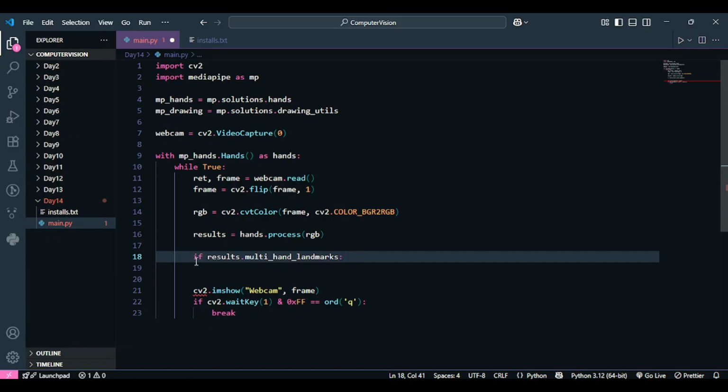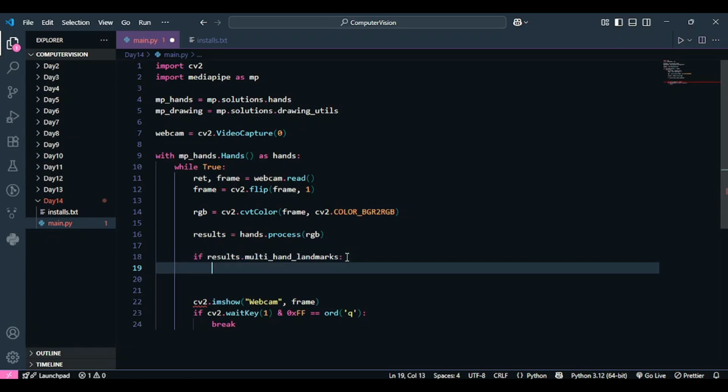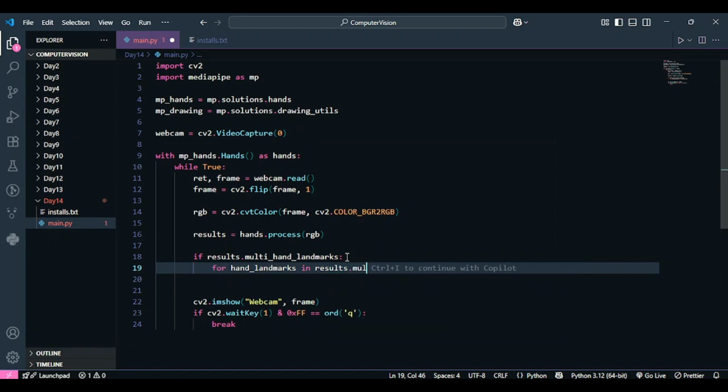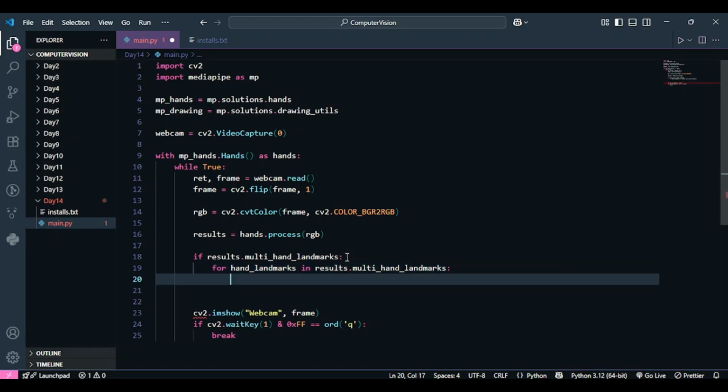So if results.multi_hand_landmarks is not None, only then do we iterate over it. I'm going to call each item hand_landmarks, so: for hand_landmarks in results.multi_hand_landmarks. Okay, I'll make sure to spell it right this time.